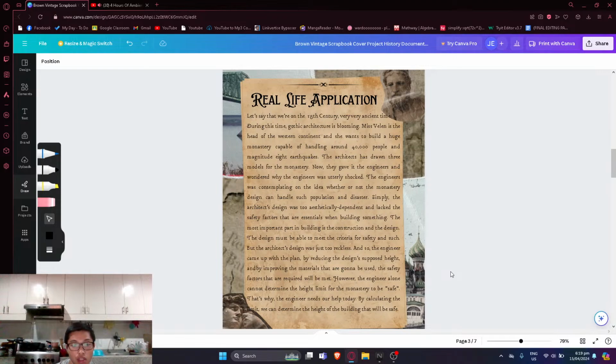Simply, the architect's design was too aesthetically dependent and lacked the safety factors that are essential when building something. The most important part in building is the construction and the design. The design must be able to meet the criteria for safety and such. The architect's design was just too reckless, and so the engineers came up with a plan by reducing the design's supposed height and by improving